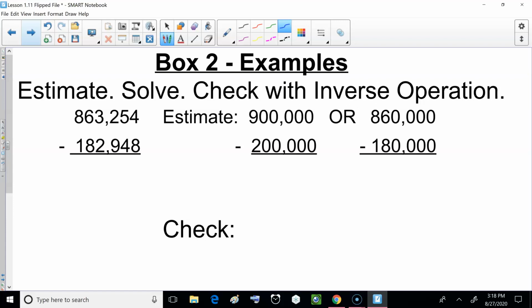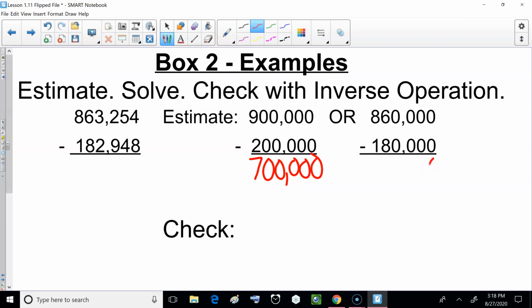So I have two estimates, one estimate to the 100,000 and another estimate to the 10,000. If you look, which one do you think is going to be closer? If you guessed 10,000 rounding, that one's going to most likely be closer. So let's see what our numbers are. We would have 700,000 as an estimate. That would be acceptable. Or a little more precise of 860,000 minus